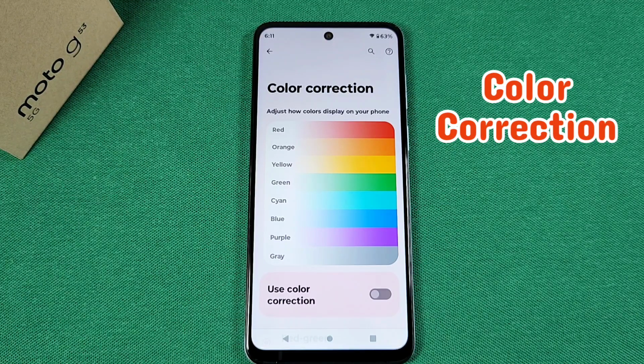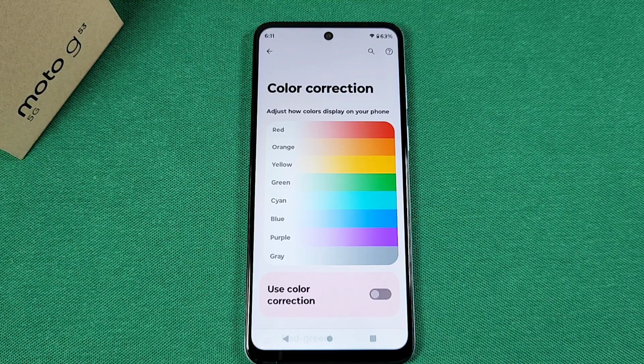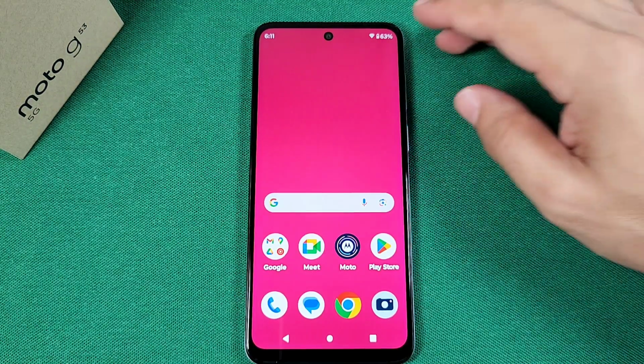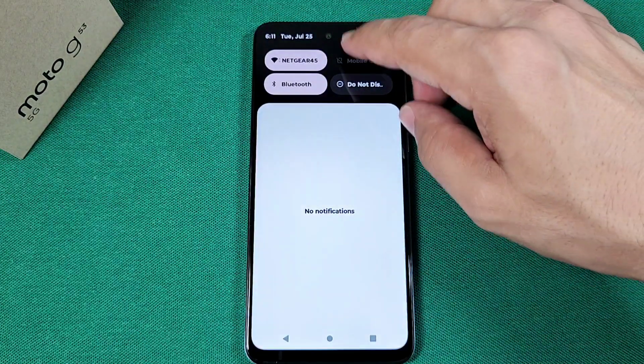Here's where you can go to enable the color correction settings for your display colors on your Moto G 53. And this is just a feature found in the accessibility settings that may be useful for some of us. And let's get started. In order to find the settings here, you'll use the quick panel access, pull it down